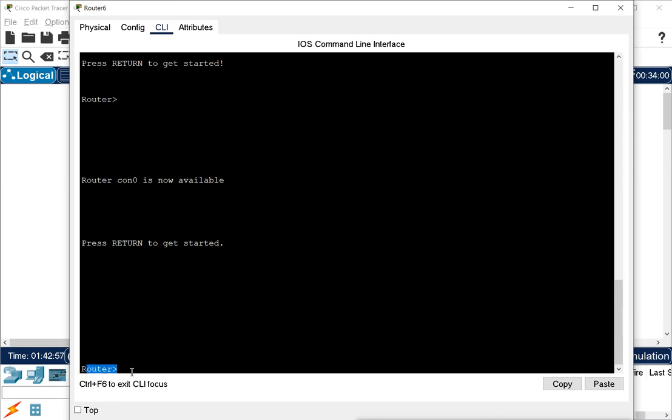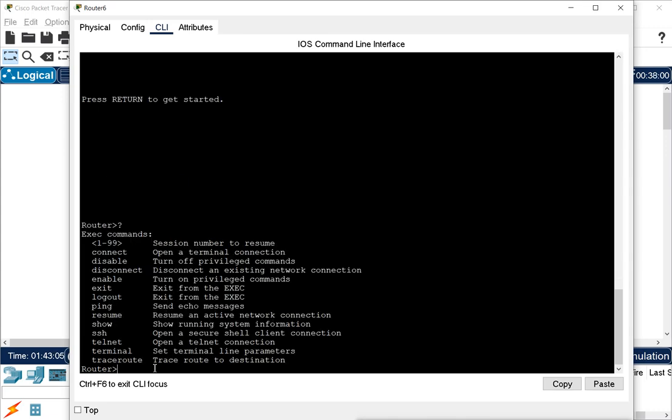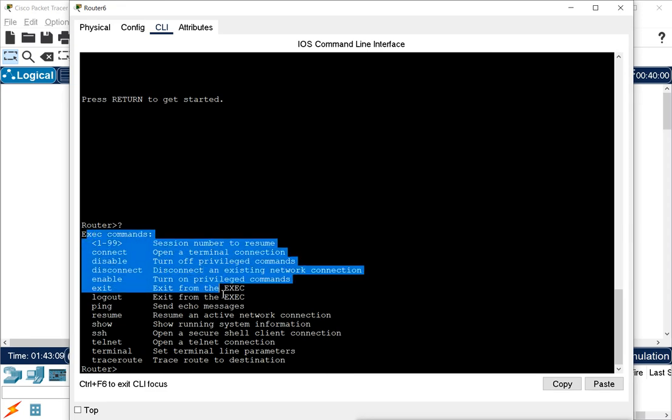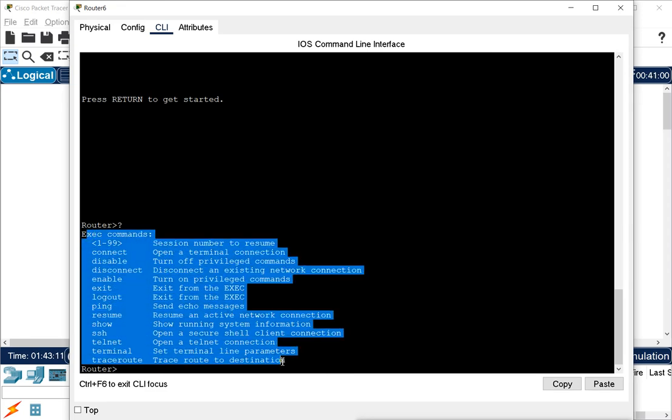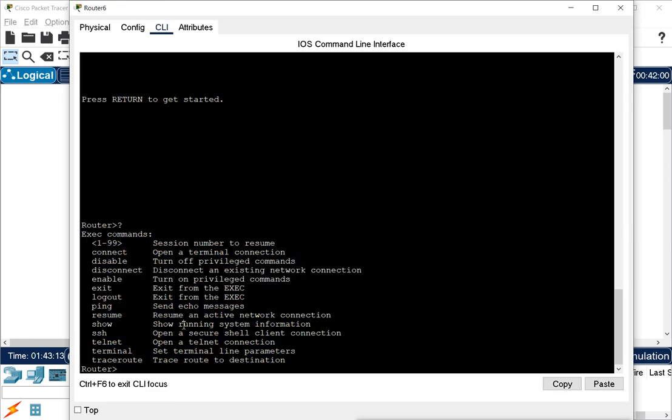If you want to see what commands you can type in this user mode, you can give a question mark here. When I give a question mark, you can see the commands I can run here. But these are a very small number of commands, because you can't do much from this user mode. So for more configuration, we go to privilege mode, and for that we give the command enable and press Enter.